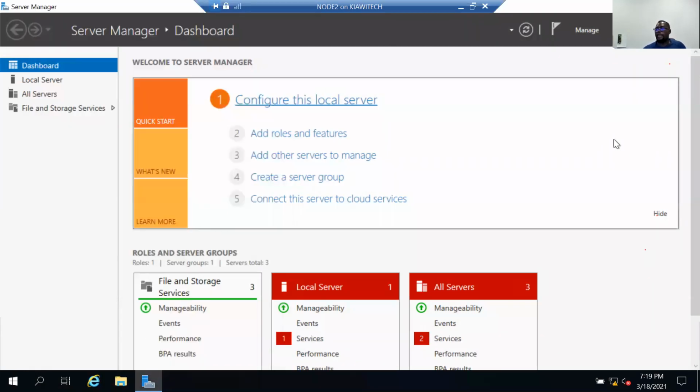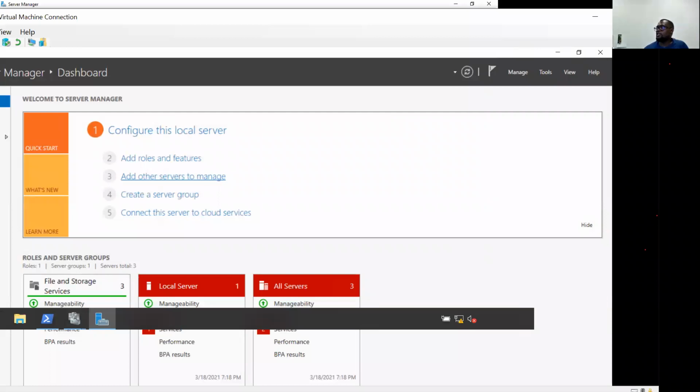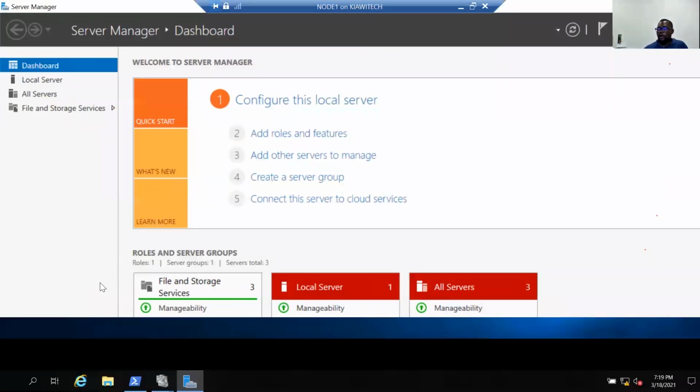So at this moment here, we're expecting to see the storage on our cluster, but it's still not yet there, right? Now, if I go to node 1 and verify, what you see is that the cluster is not yet there. We are not seeing the storage. This is our node 1. If I go on File Explorer on this node 1,